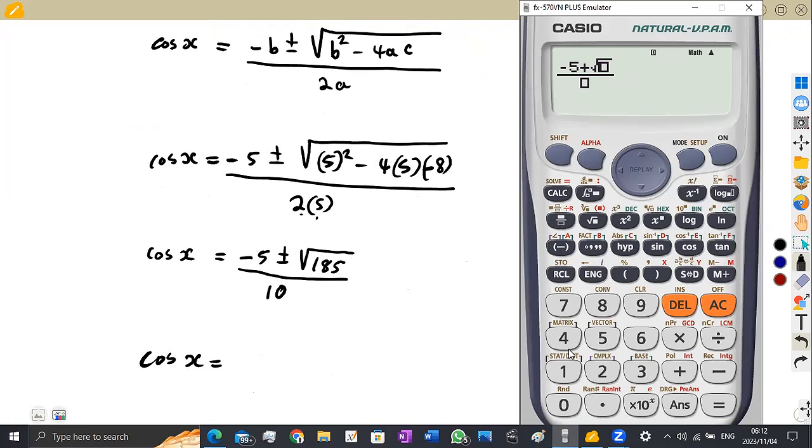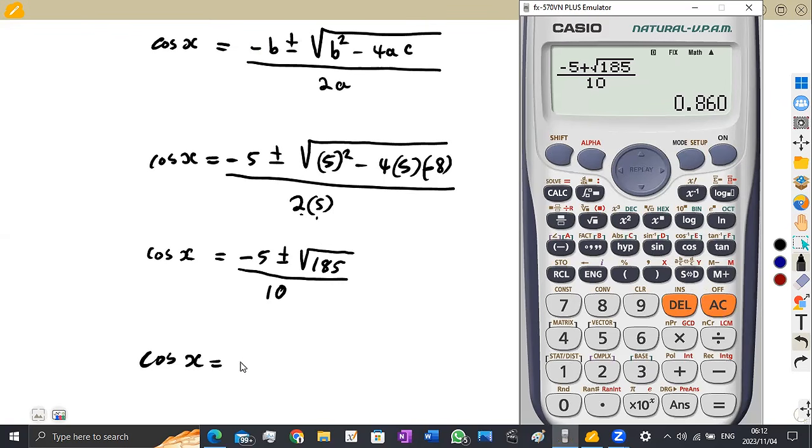So we're going to have plus the square root of 185, everything over 10, which is 2 times 5, which is a 10. So that is going to give us 0.86. You can even round off to 3 decimal places. That's shift set up. You go to the fix there on 6, then to 3 decimal places, you fix it at 3 there. So it is going to give us an answer